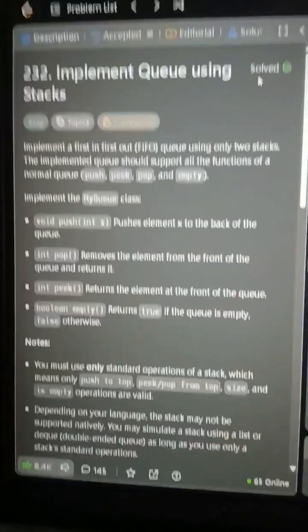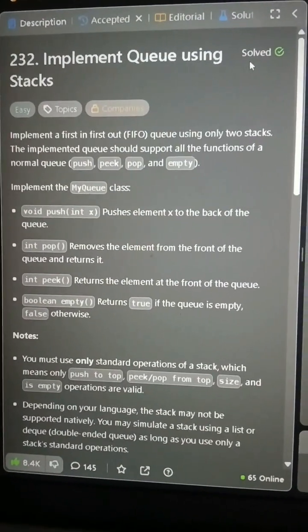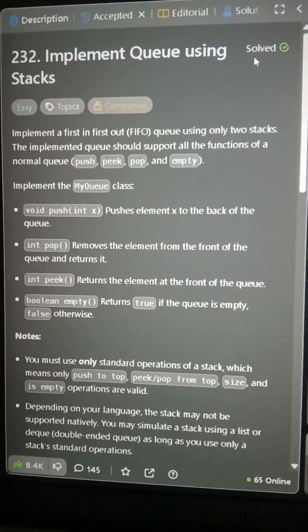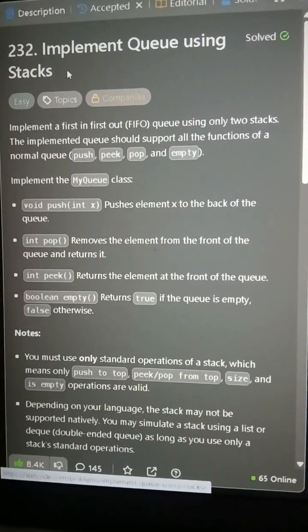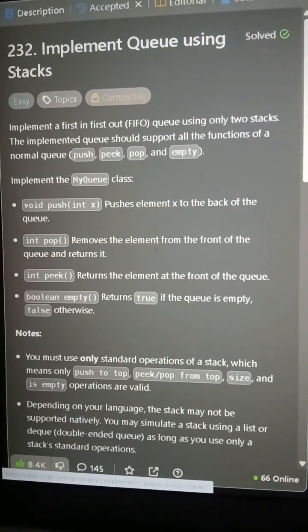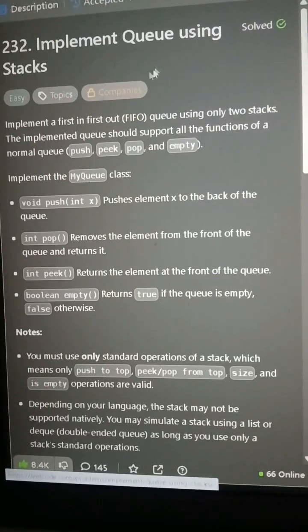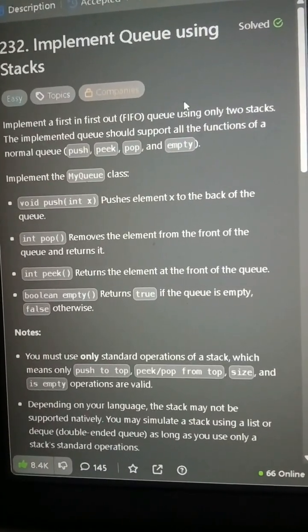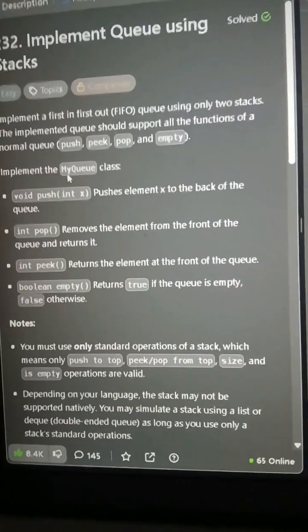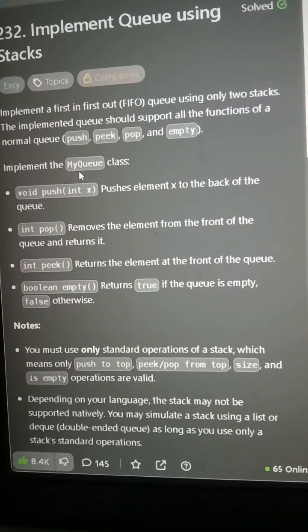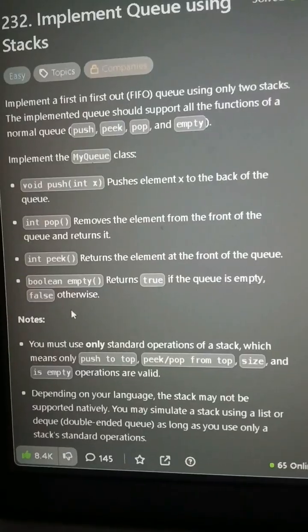Now similar to our previous problem, implement stack using queues. Our next question is implement queue using stacks. So here we will take 2 stacks and 1 queue. This thing we know, and here we need to implement the myQueue class, and these 4 functions